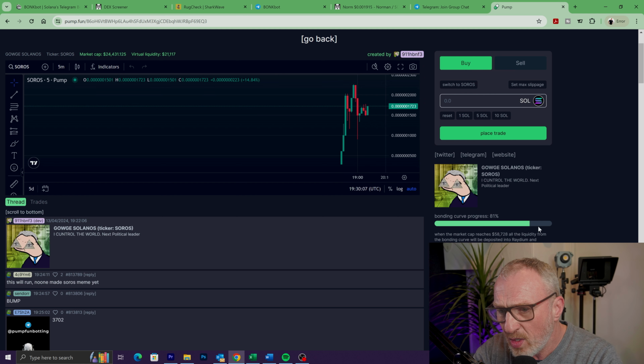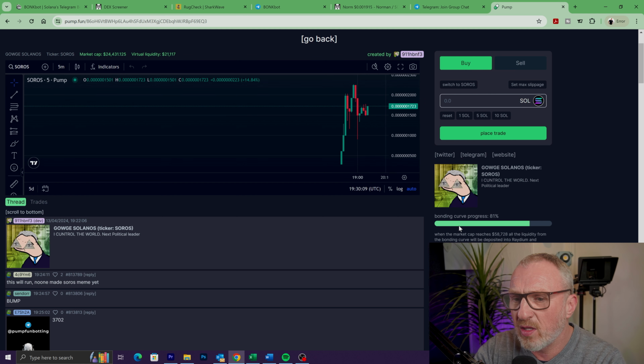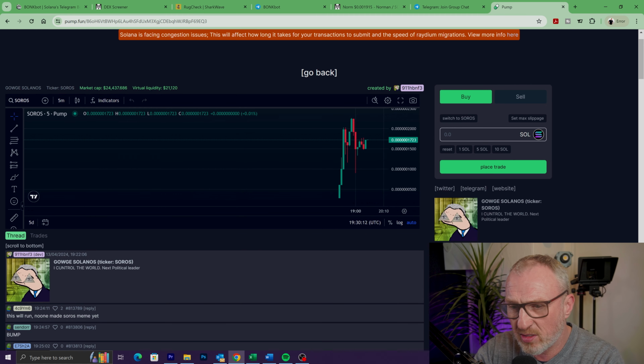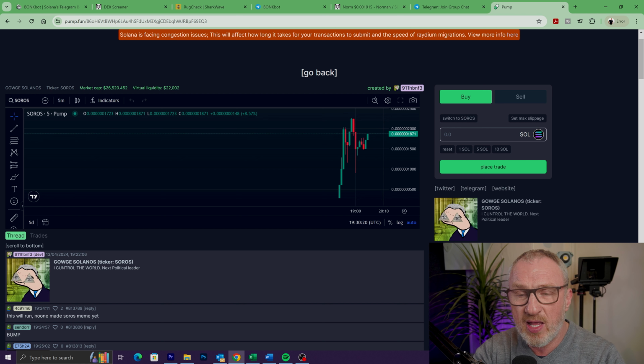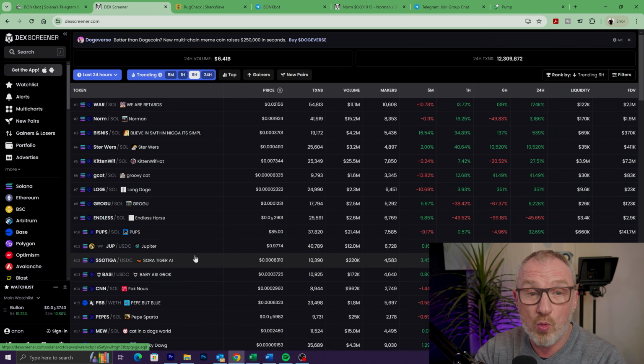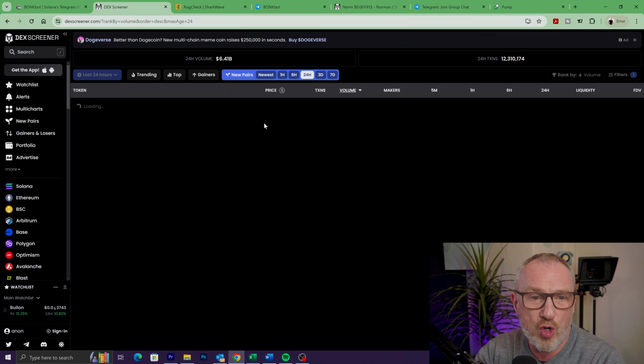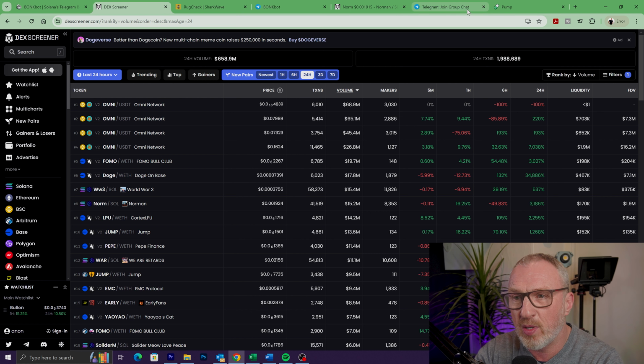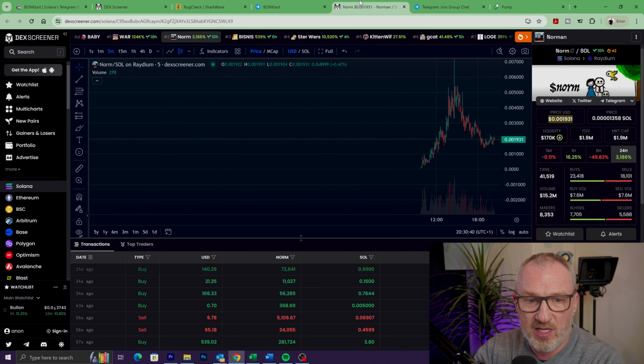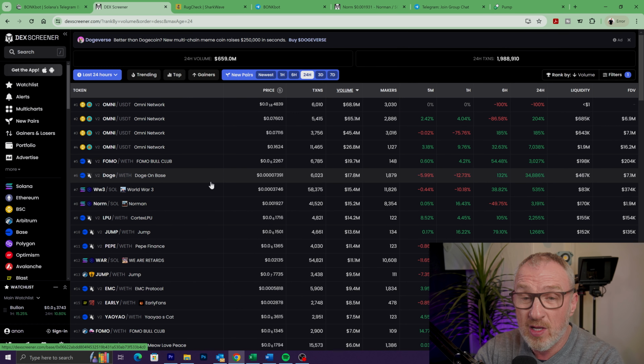Now, once this bonding curve reaches 100%, so once the market cap gets to a point where it reaches 100%, the token is automatically shut down here, and some of the liquidity is sent over to Radium. So the coin then becomes live on Radium for trading, and you'll see it on Dex Screener, and people will see it in these listings of new pairs. So once it reaches that bonding period on Pump.fun, you'll start seeing it listed here on Dex Screener as one of these brand new tokens.